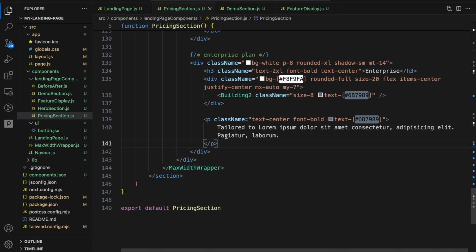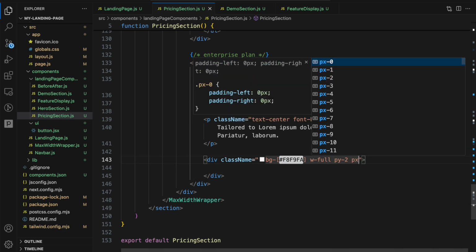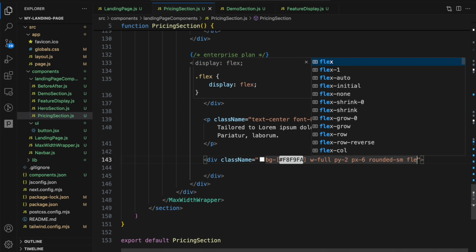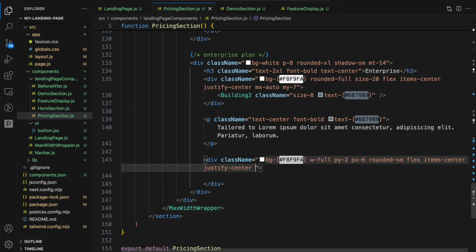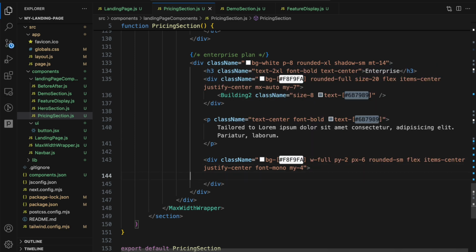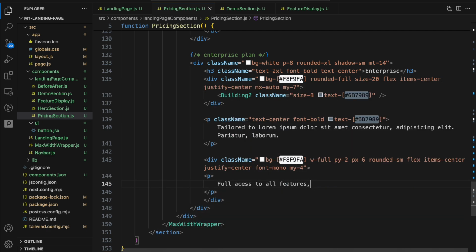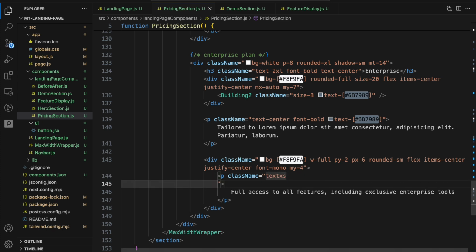And below this p, let's open a div with class name of bg f8f9fa with full padding y2 padding x6 rounded small flex item center justify center font medium margin y4, and inside a p tag that says full access to all features including exclusive enterprise tools access, and give this p a class name of text extra small